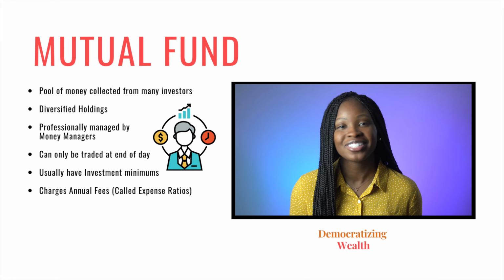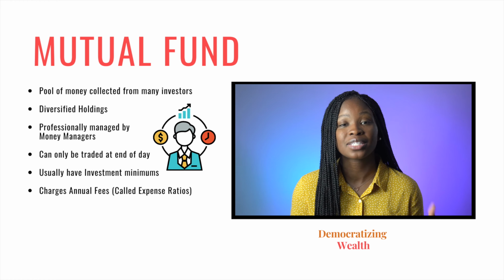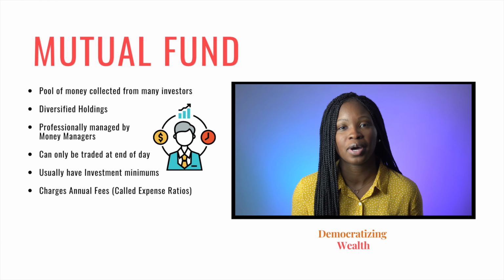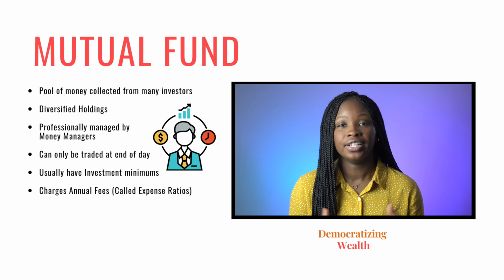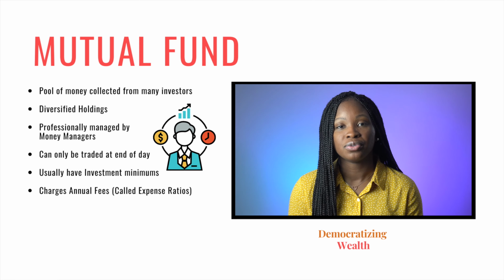However, if you've ever taken Economics 101, then you know there is no such thing as a free lunch. You are paying for that convenience in the form of something called an expense ratio, which is something we'll talk about more later in this video. Another thing about mutual funds is that a lot of times you need to have a minimum to invest. When we look at a couple of Vanguard mutual funds, you see that there's a minimum of $3,000. So that means if you don't have that $3,000, you can't even buy that mutual fund.